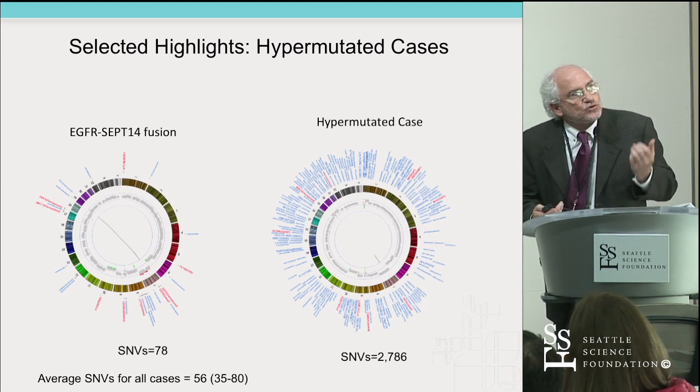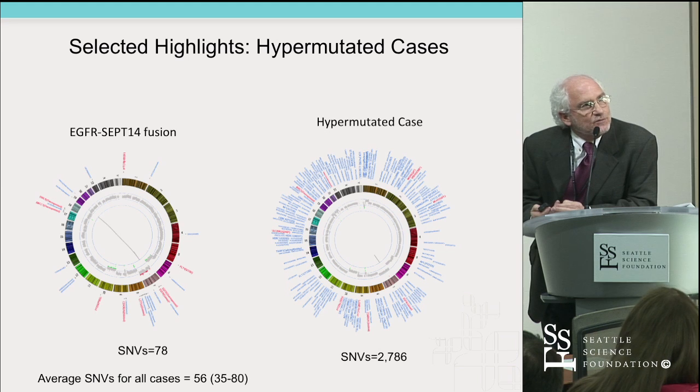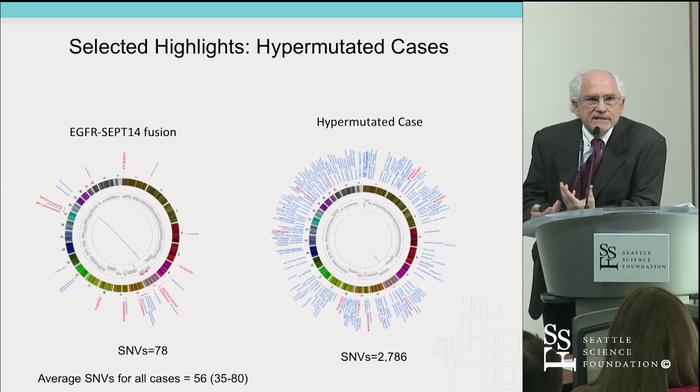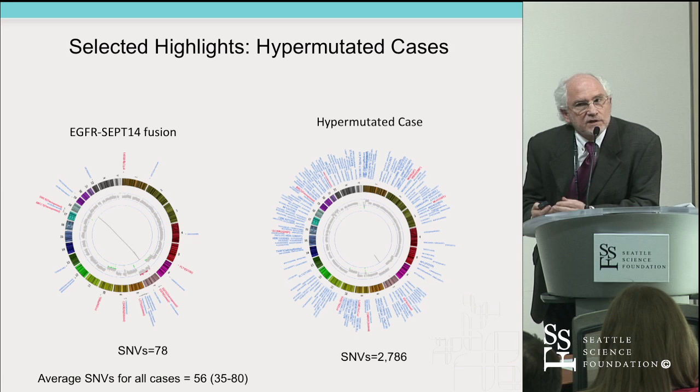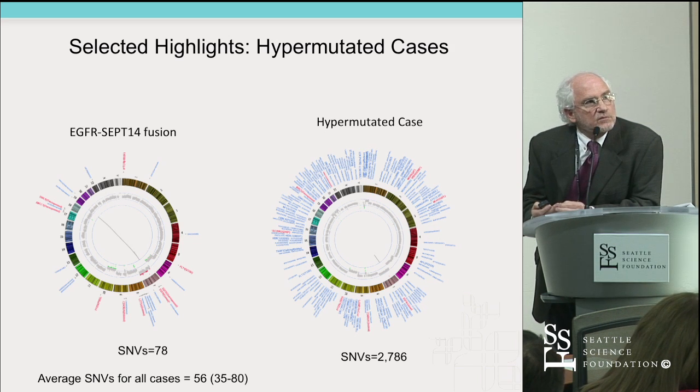And these are just 2 simple reports that we get. And I'll talk about these 2 particular alterations. But we were seeing a lot of different spectrum of diseases in terms of mutations and alterations. The average number of single nucleotide variants for all patients was about 56. So that's a complicated biology. And then we saw some of these hypermutated cases. We actually had 2, where we're talking about thousands and thousands of alterations